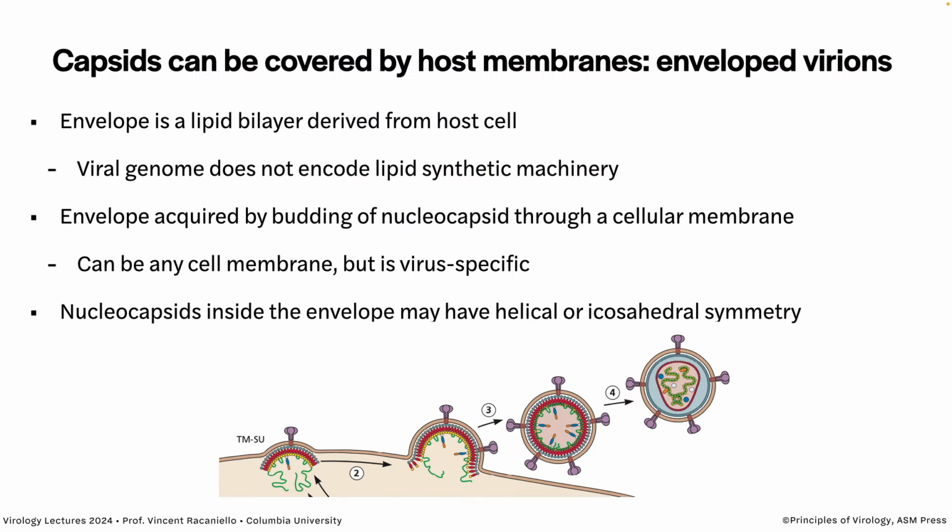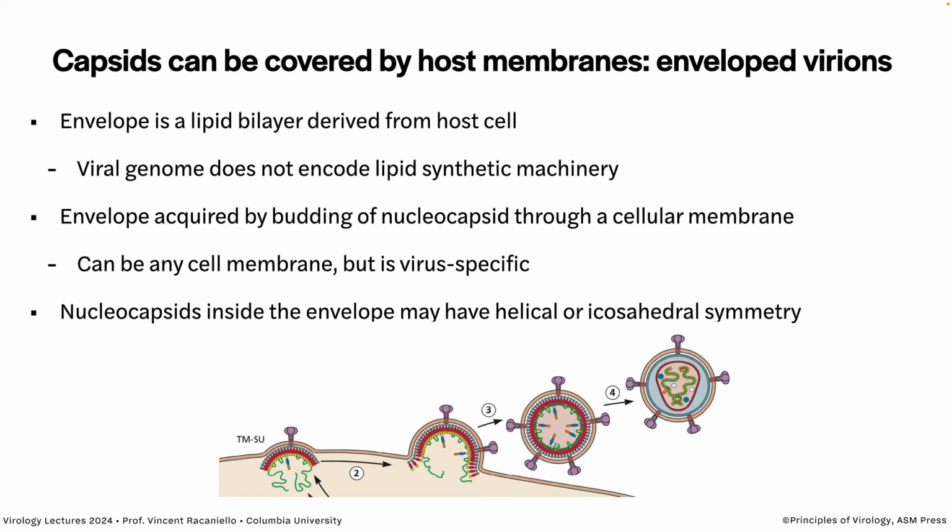These capsids can have membranes on them, as I've said previously. The membrane's always from the host cell, because the viruses do not have the ability to make lipids. And typically these membranes are acquired as the virus moves through the membrane by a process we call budding. And that's illustrated here. You can see this is happening at the plasma membrane. The viral proteins are being assembled under the plasma membrane, and then a bud forms, pinches off, and you have